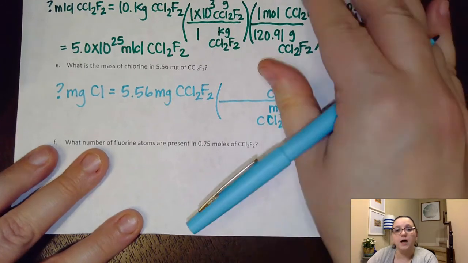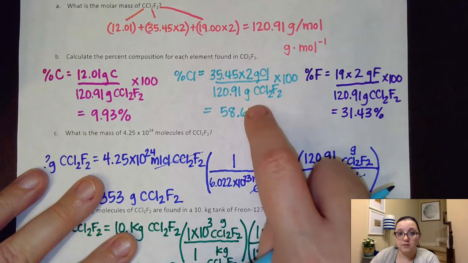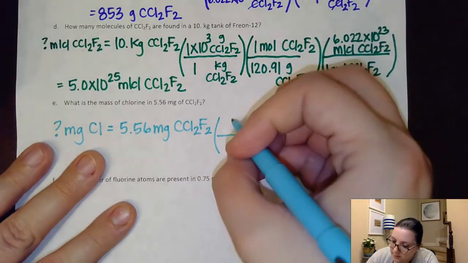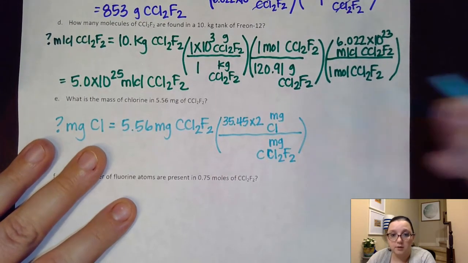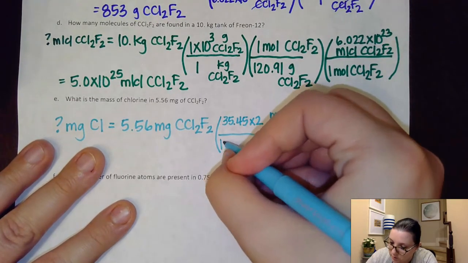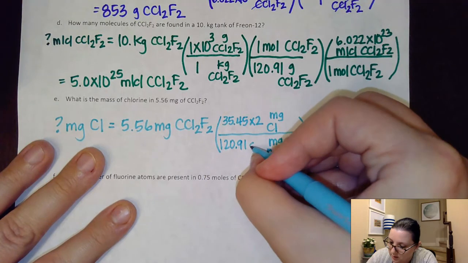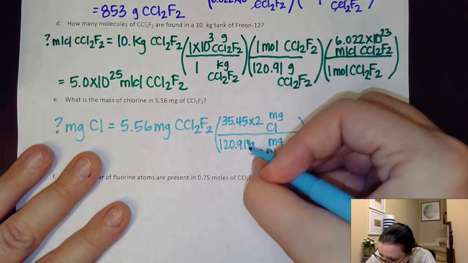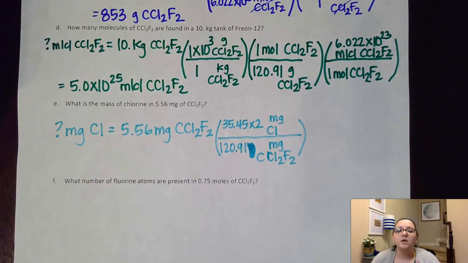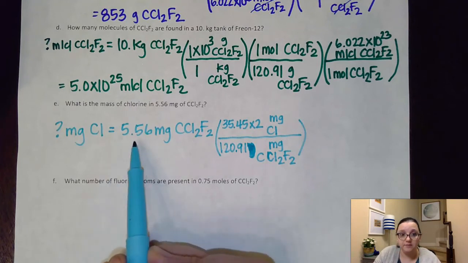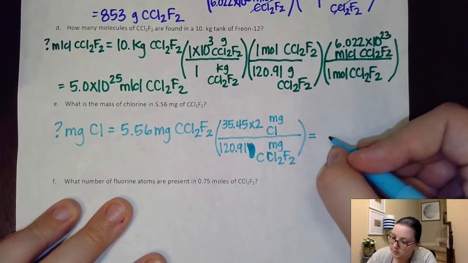And just like I set up back up here in this percent composition step, I'm going to have for every 35.45 times 2 milligrams of chlorine, that's going to be equivalent to 120.91 milligrams of that whole entire compound. So again, even though that was a grams to grams ratio, it's also true as a milligrams to milligrams ratio. And that saves me from having to do any kind of metric conversion here. This does have 3 sig figs, so my answer here does end up being 3.26